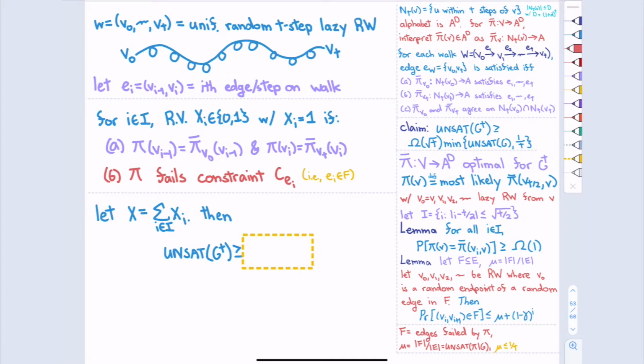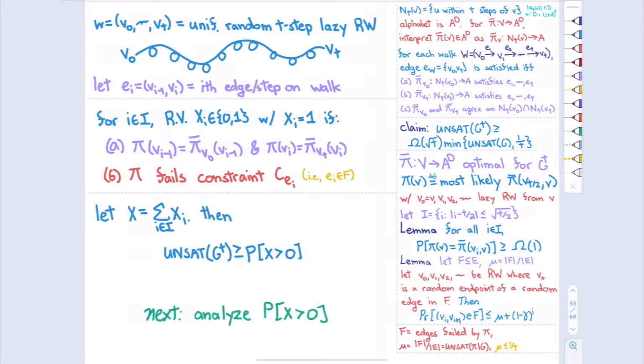So that's one of the ways to not satisfy that whole walk. So if x is bigger than 0, then that walk is not satisfied in g to the t. Now, if we take a uniformly random edge in g to the t, then the probability that x is greater than 0 is a lower bound on unsat g to the t. Because we're just looking at a limited set of conditions that would violate an edge. The actual conditions are more strict.